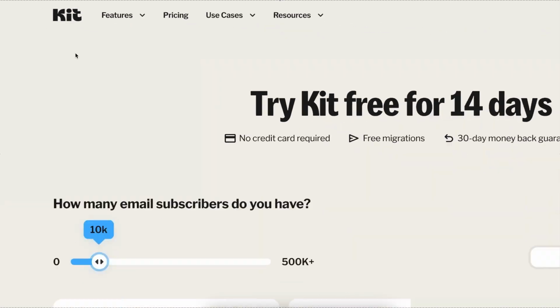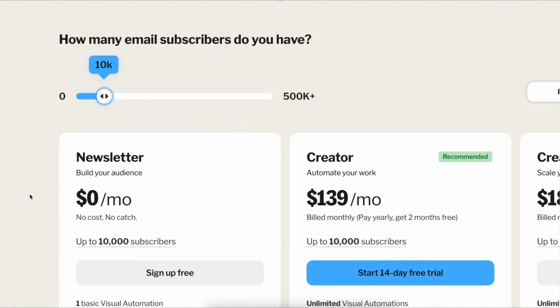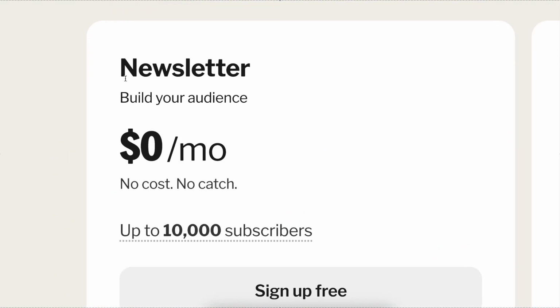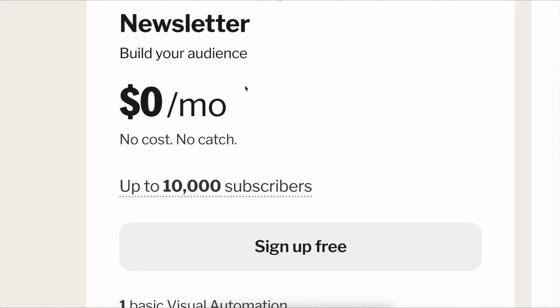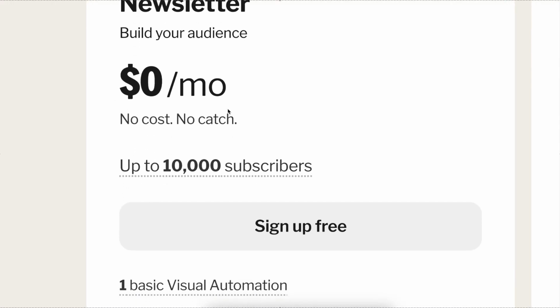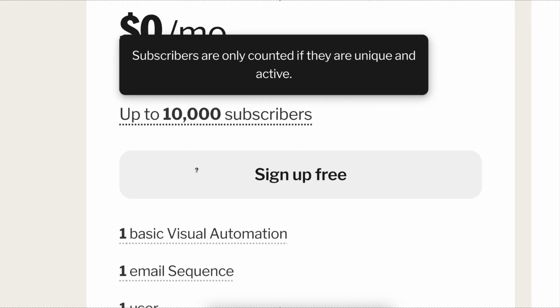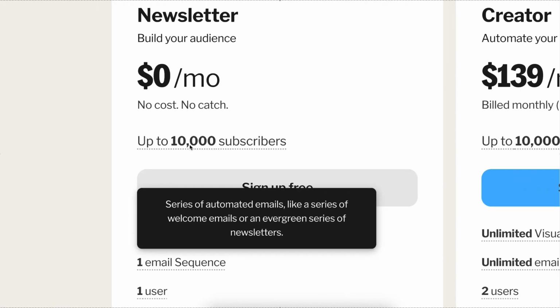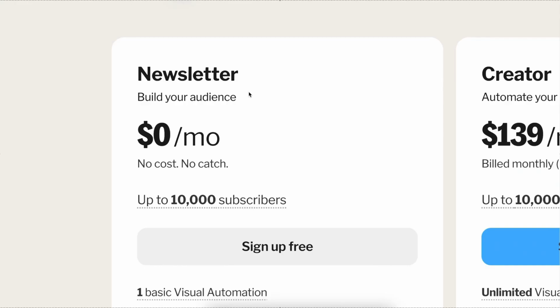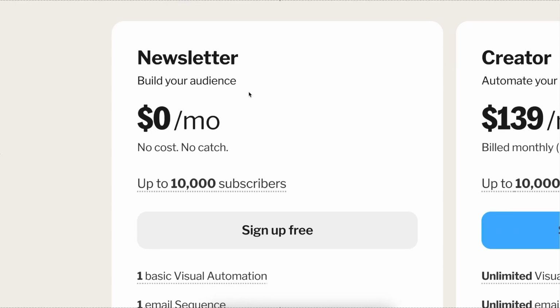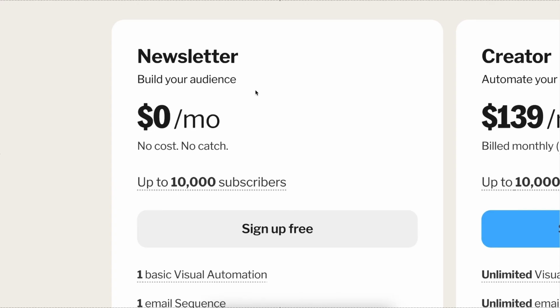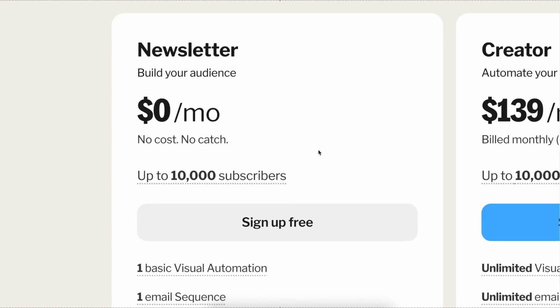So when it comes to Kit pricing, first of all, they have this newsletter pricing, which is $0 a month, and it's up to 10,000 subscribers, which sounds absolutely crazy. You don't get 10,000 subscribers anywhere else. However, there is a catch, and the catch is they call it newsletter plan because here basically you can just, if you're sending out emails every week, every day, whatever it is, one-off emails and that's it, then this